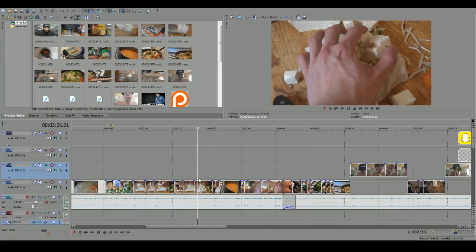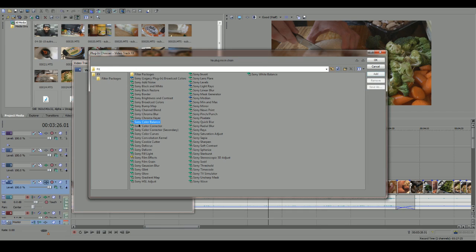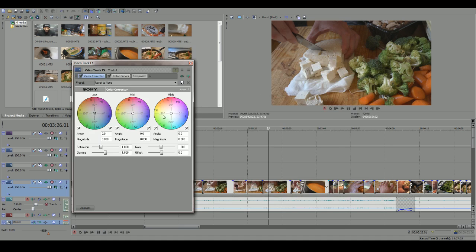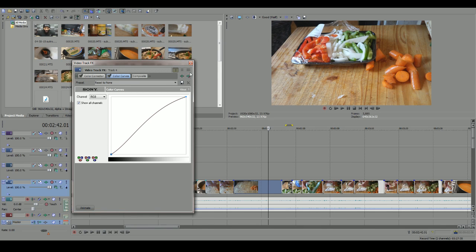Once you get used to what resampling looks like, you will now notice that in every single person's video. I should have given you a little bit more examples too, but I'm trying to keep this cranking and moving. But you'll see people put out these videos and you'll be like, why are there so many trails everywhere? It looks like everything's ghosted. Every time they move their hand, it's massively ghosted. That's resampling. So they just didn't know, or they forgot to turn off resampling, and that's why it looks like that.